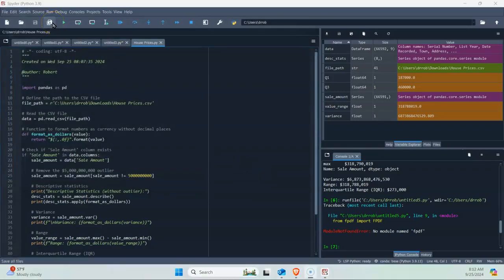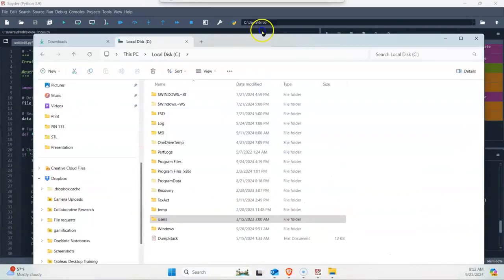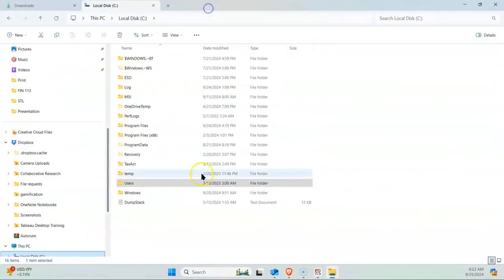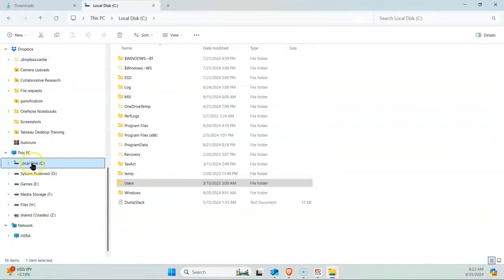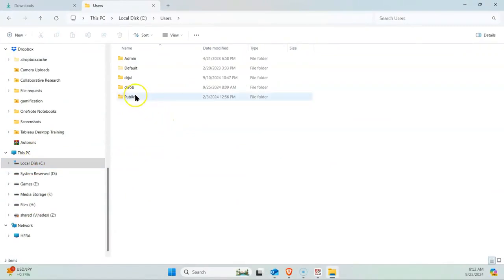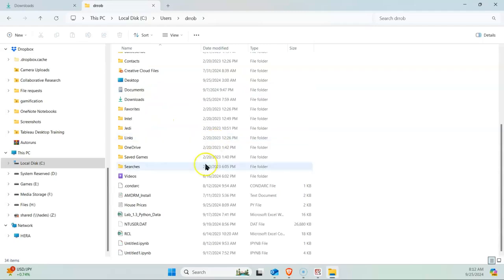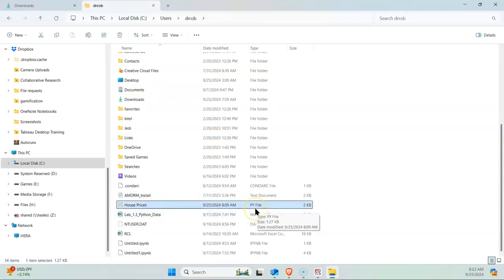Now, I just noticed that I said I was going to save it to my desktop, and I didn't because I never changed the directory. It's actually in my users folder. So let's go and take a look at that really quick for engagement. So here's my file directory again. We're going to C drive. We'll go into users and drrob. And so here we are. We have house prices, and you can see here it's listed as a py file. That little icon means a text file, so if I go to open this on my computer, it opens as a text file editor. So please take this file right here,